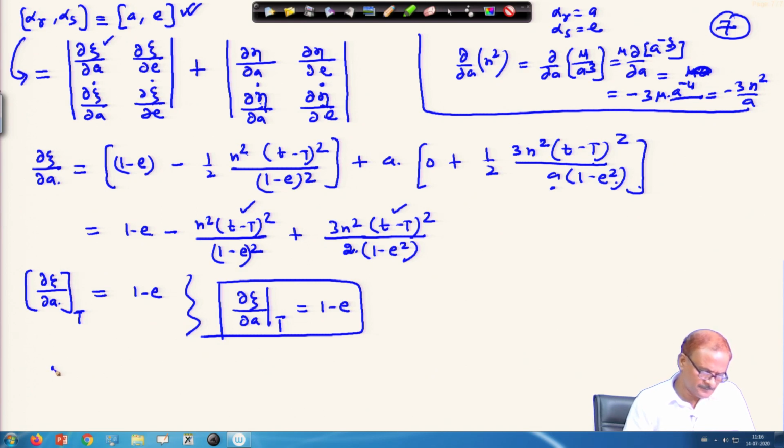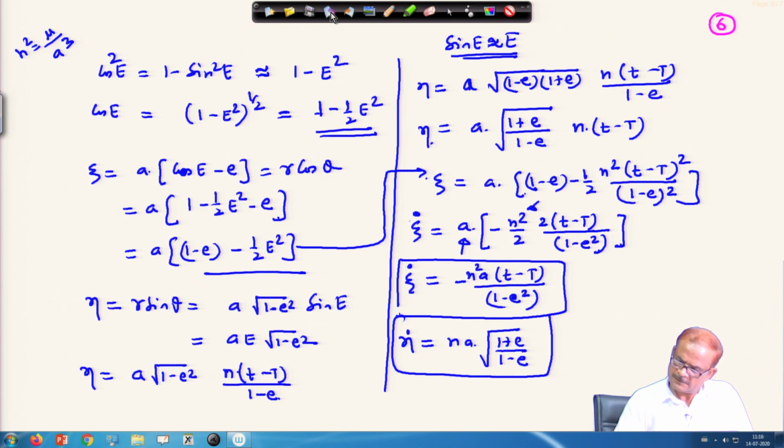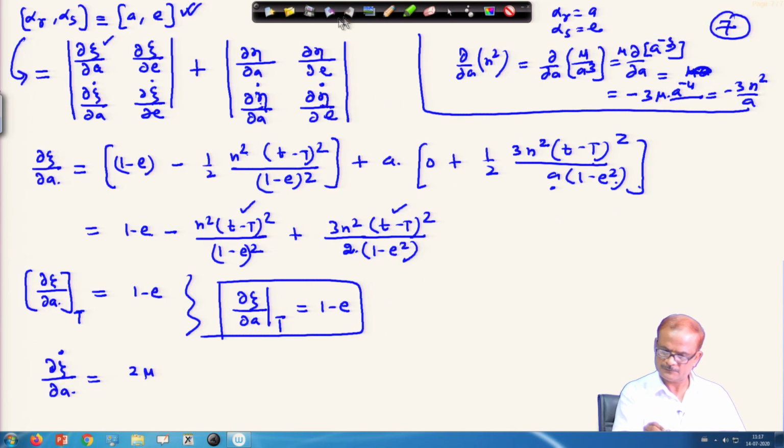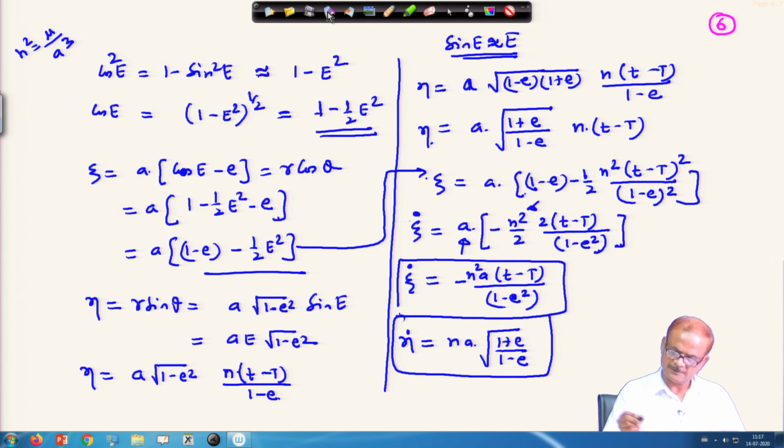Similarly, we have dou xi dot by dou A, this equal to 2 mu, as we have written here. Once we differentiate this quantity, a is there and n square is also present. So differentiating this, let me copy it here, n square minus n square A